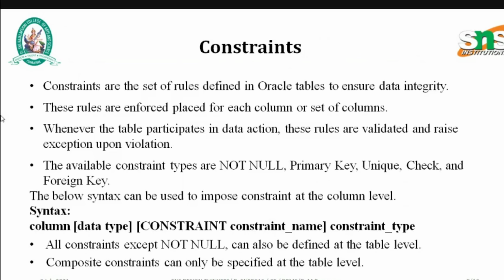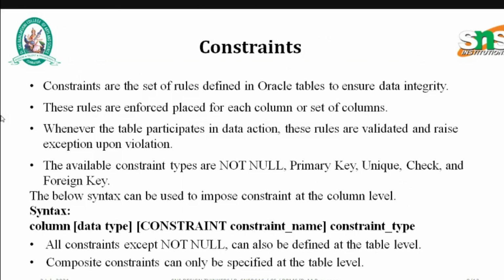The available constraint types are not null, primary key, unique, check, and foreign key. The below syntax can be used to impose constraints at column level.